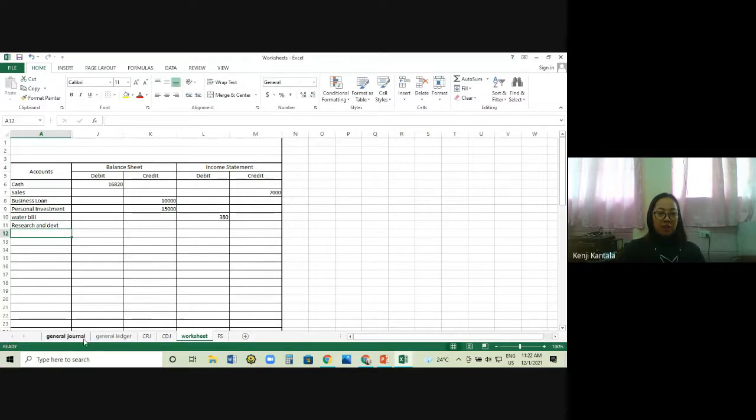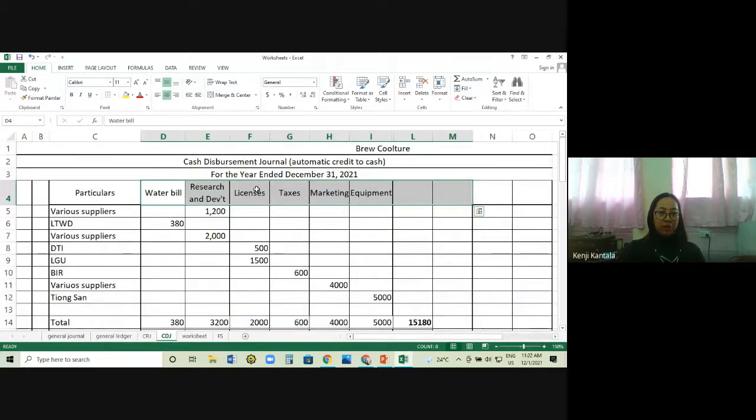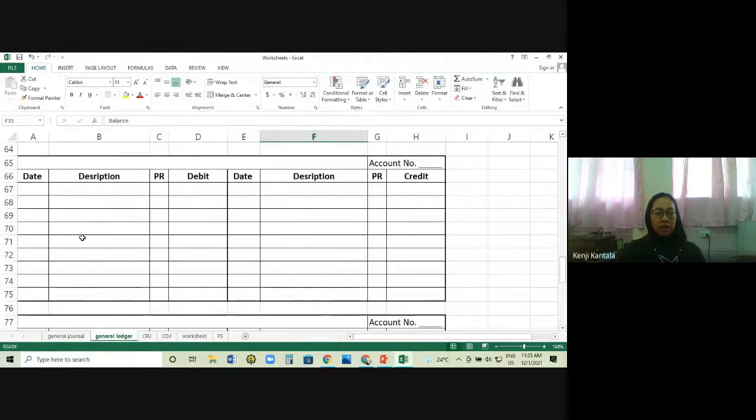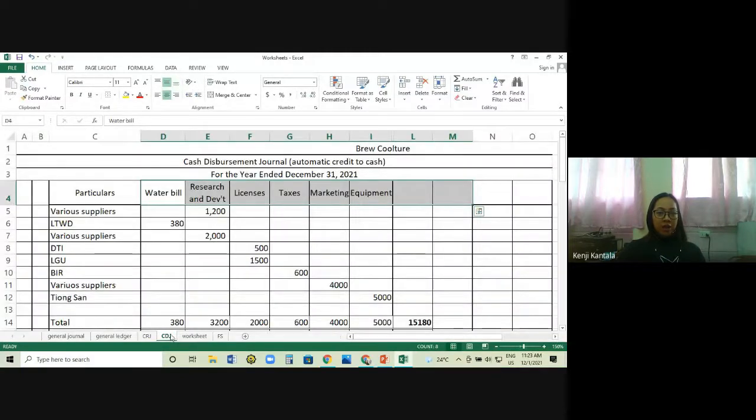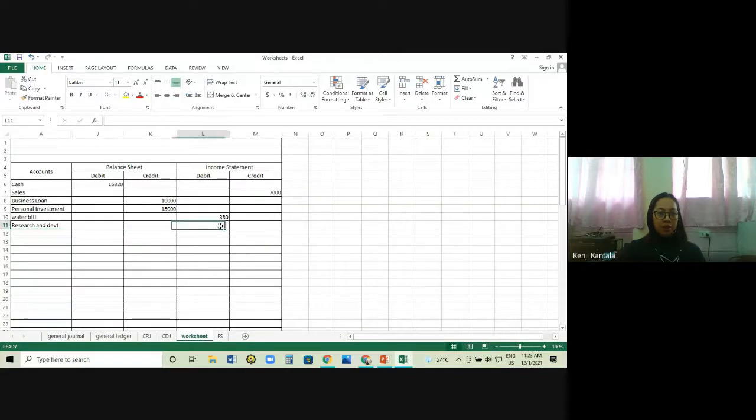I will send this Excel file sa inyo later on. Tapos, tapusin nyo na lang. So, gawan nyo ng ledger tong mga to, ha? Para hindi siya time-consuming during our workshop. So, same concept. Ilagay lang natin itong mga to sa general ledger natin. And then, after reflecting it in our general ledger, we will summarize it in our worksheet. So, kapag nakompleto na natin si worksheet natin, pwede na tayo makagawa ng financial statement. Okay, so research and development, 3,200. So from here, tutuloy nyo na lang mamaya.